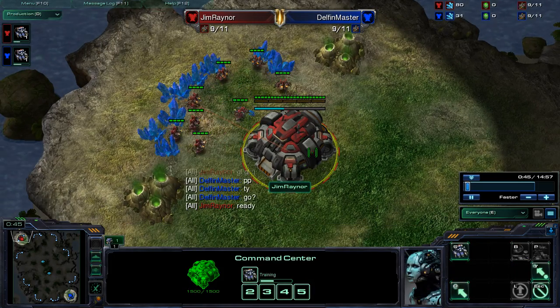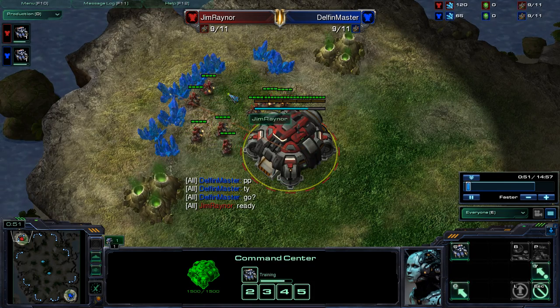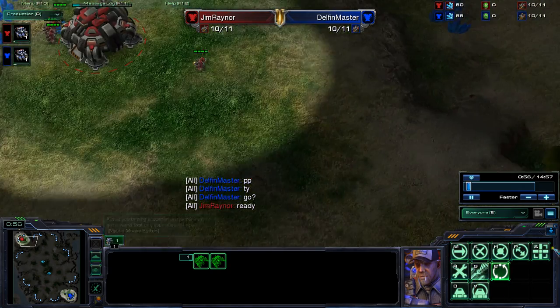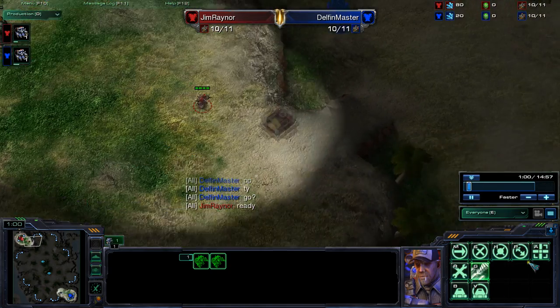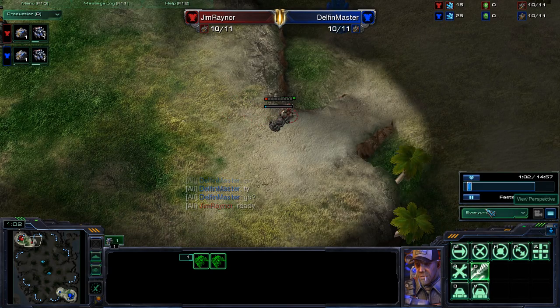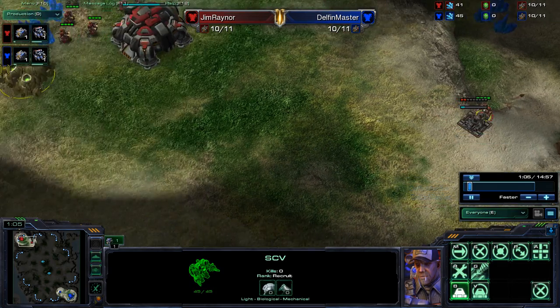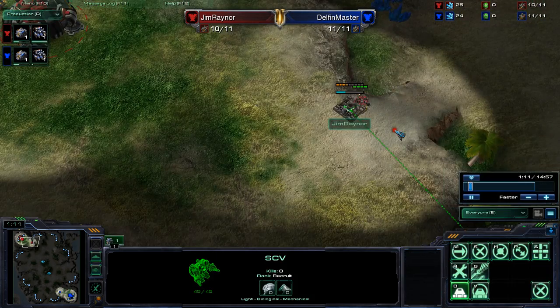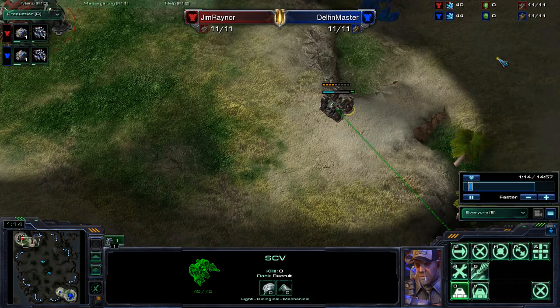As a TvT, my default build as of late has really been just to 1-1-1. It gives you the most choices in the later game and in the early game as well. And what I do is I do a gas before racks in most cases. What I like doing is getting the first